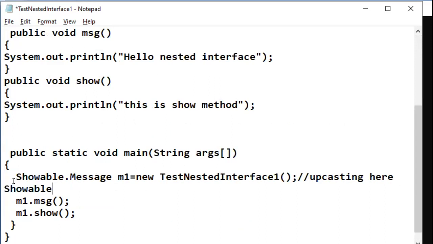Just trying this, but not sure whether it will work or not. Now with this m2, I'll try to refer.